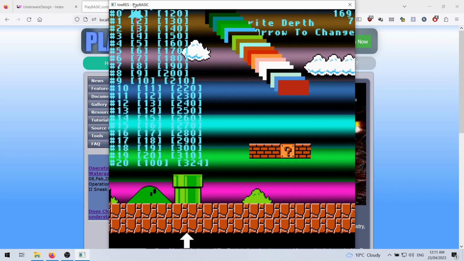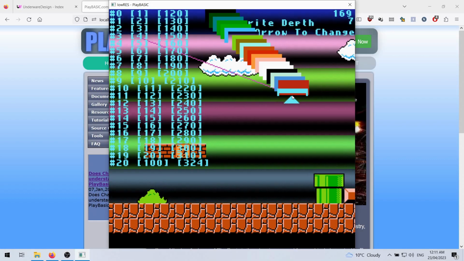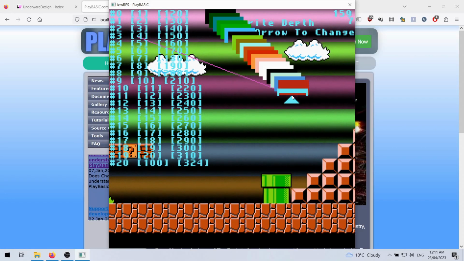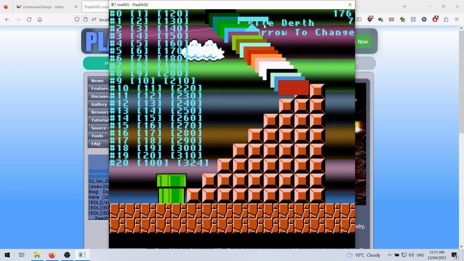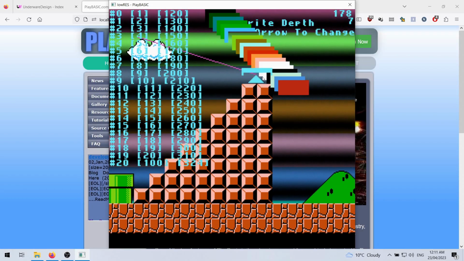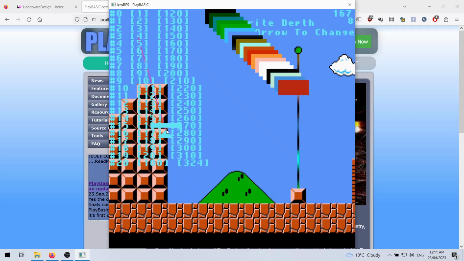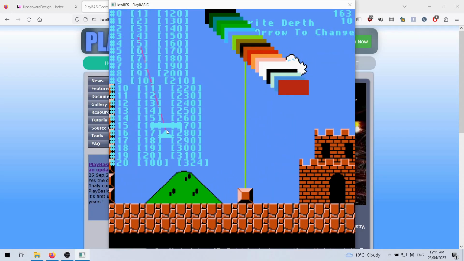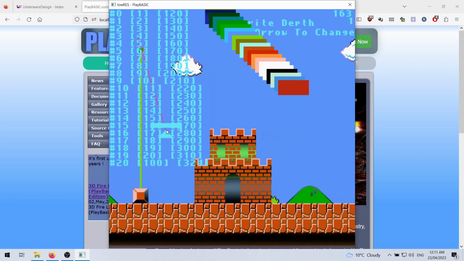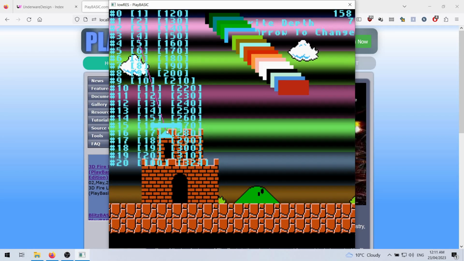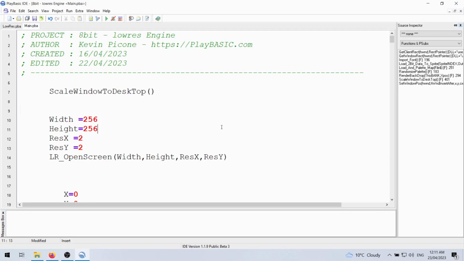I'll show you the code anyway. I've added a bit of a secondary thing here to stretch the window. The screen here is 256 by 256. It's 2 by 2. I think we've got all the basic things showing. We've got a bunch of text displaying and things. We've lost a bit of frame rate because we're capturing, but the raster bars are in the background. They're just attached to whatever colour we want to attach them to. Might add a few extra little features to that so you can mess around with, play with something different, do something different for once. Let's check the code out that does the depth